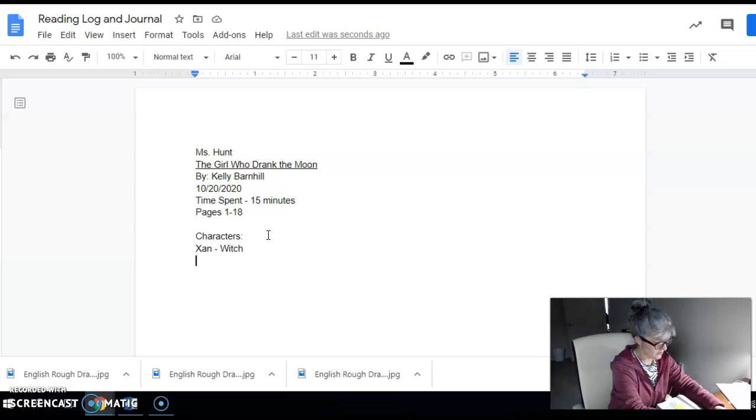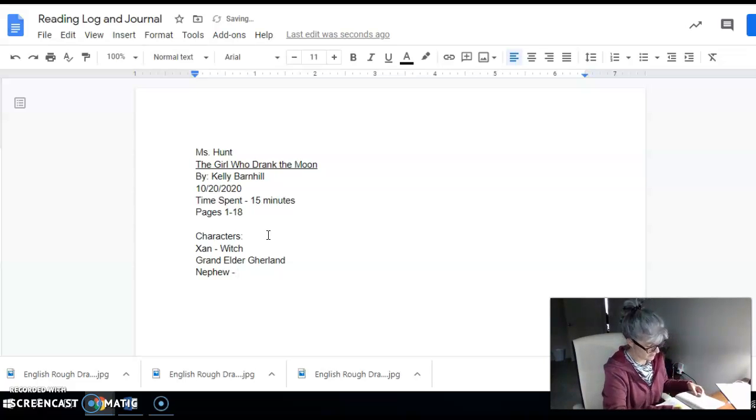The other character that I've seen so far is Grand Elder Gerland. And then his nephew, and I'm just simply writing nephew. Let me turn the pages. His name is Antane. Then, as I got a little further into the book, in the next chapter,